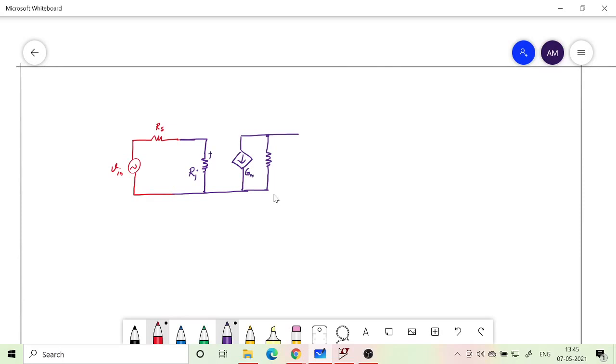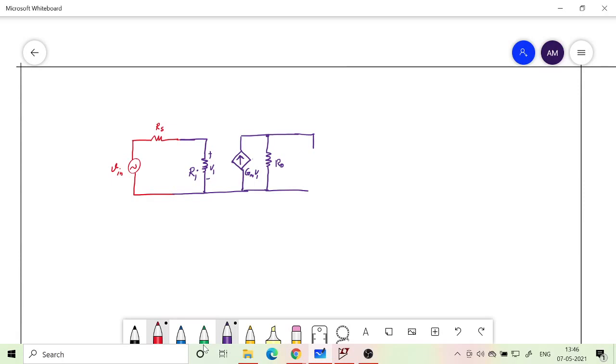This voltage is what I refer to as V1, Gm into V1 is the current. So current direction I can take this way or the other way. So for convenience I will take this way. But today in the class I took the other way because our collector current was flowing downwards for NPN transistor. So that's why I took that way. And because of that I got a negative voltage at the output. But if I take it this way, it will be positive voltage.